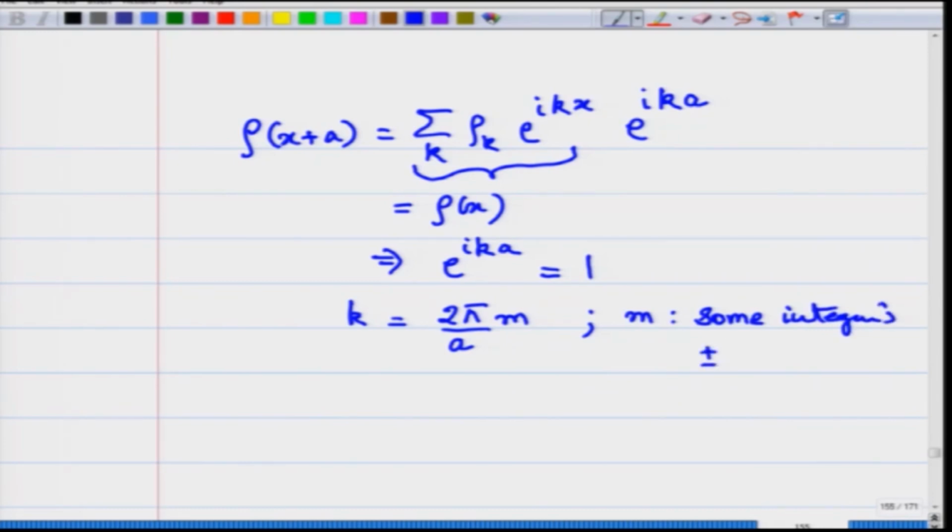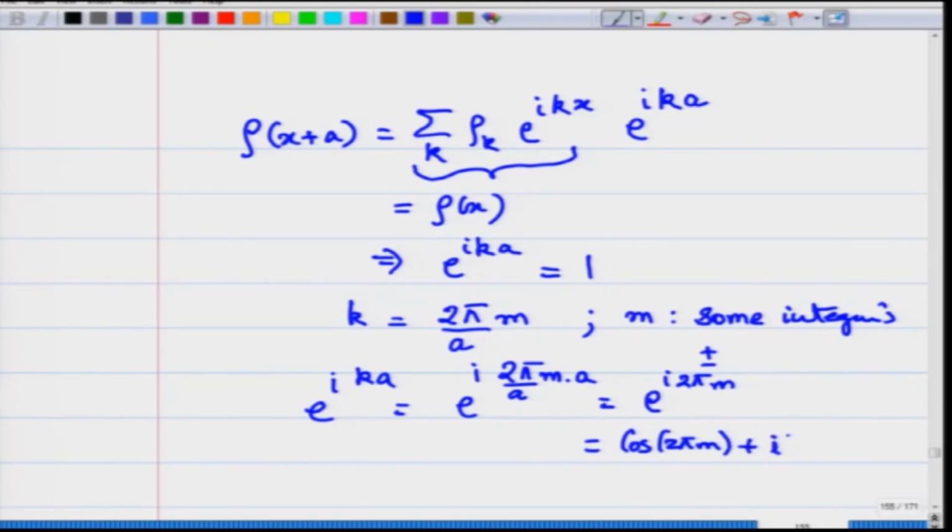It can be 0, it can be 1, plus minus 1, it can be plus minus 2, but when you put this integer, e raised to i ka becomes equal to e raised to i 2 pi by a m into a, e raised to i 2 pi m. This is cos 2 pi m plus i sin 2 pi m, where m are positive negative integers. This has to be equal to 1. So, the requirement of translational invariance puts a condition on this